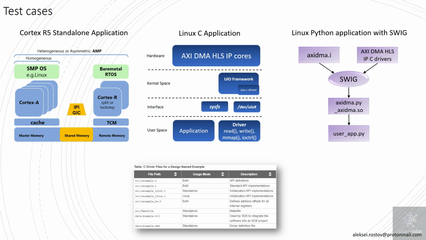So basically for Zynq, I will use drivers that come along with HLS IP cores. I will create Python wrappers for these drivers in order to use them directly in my Python script. The Python script does basically the same as the standalone application on Linux, the C application. So Zynq will take these C sources, will take